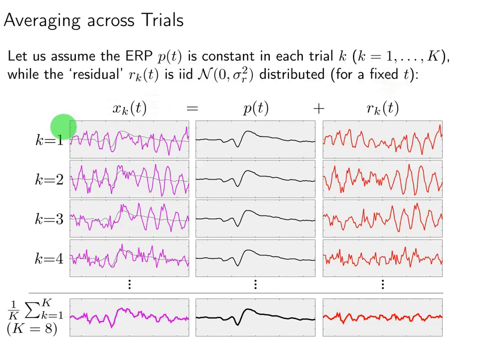What we can observe in this visual example is that averaging actually helps if our assumption is valid. We record EEG signal, which consists of ERP plus noise, across several trials. So we see K1, K2, K3, K4, all representing different segmented EEG signals. And if you assume P of T is constant and noise is IID distributed, we can recover